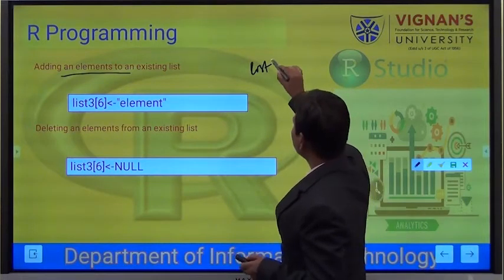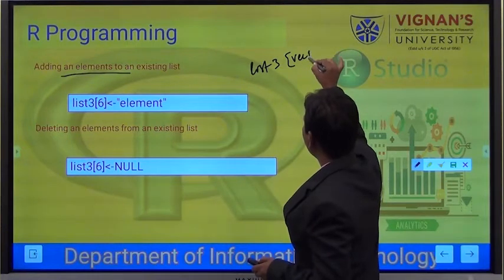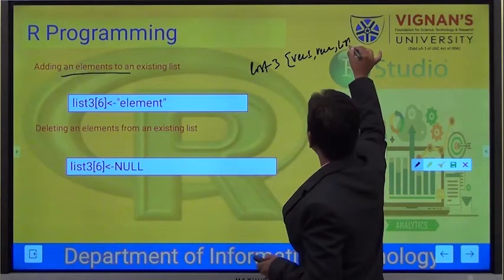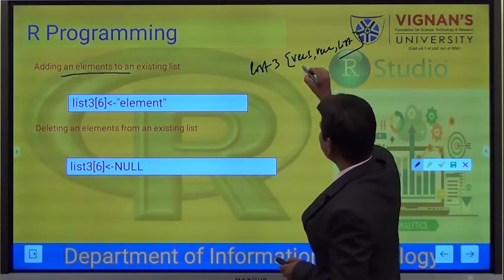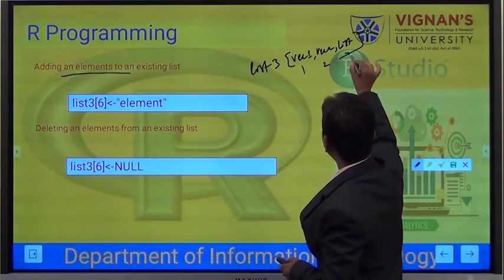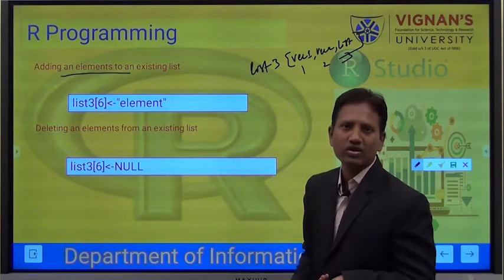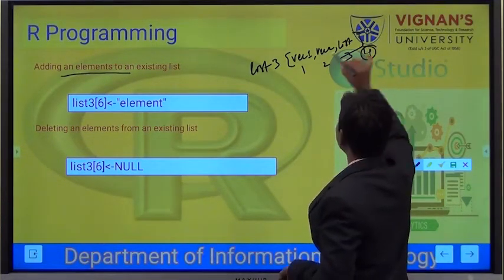For example, list 3 was with vector 1 and vector 2 and a list. And what were the indexings? The indexing is 1, 2 and 3. And if I want to add a new element, obviously I need to add the 4th indexing.